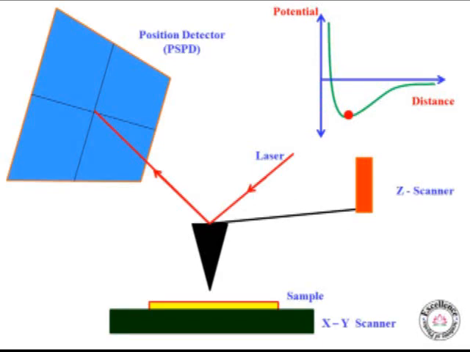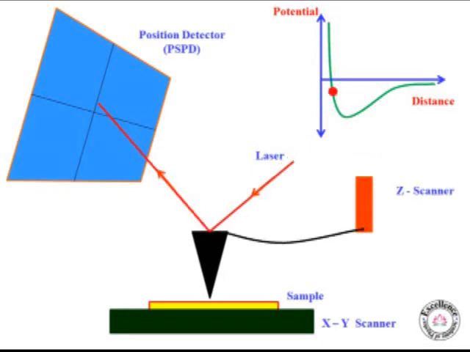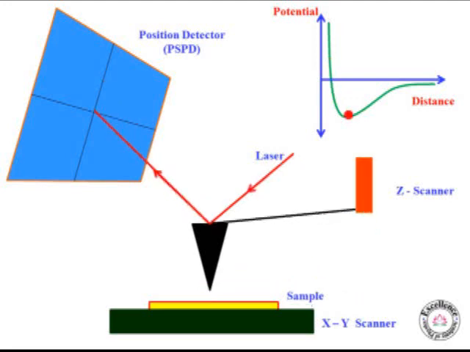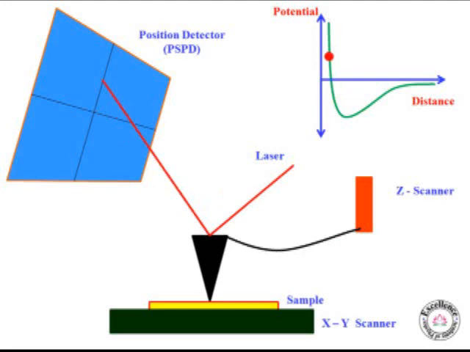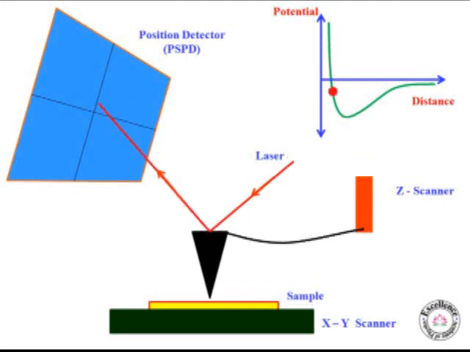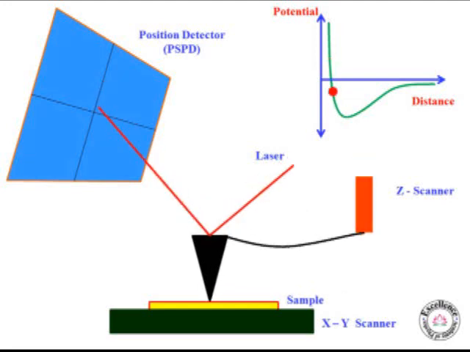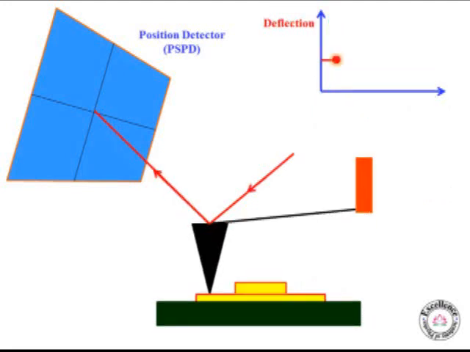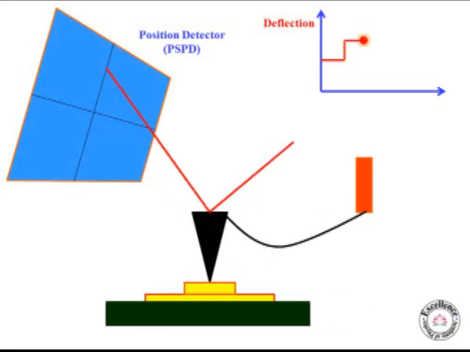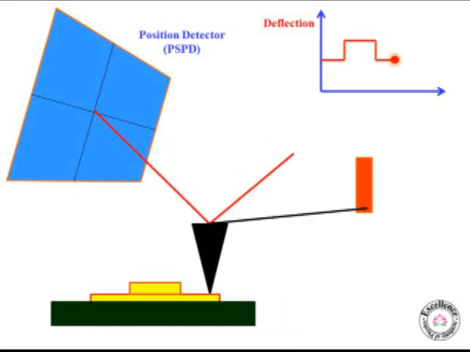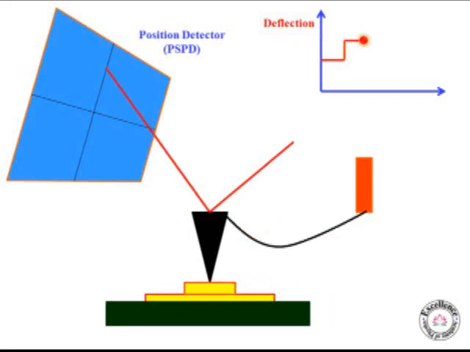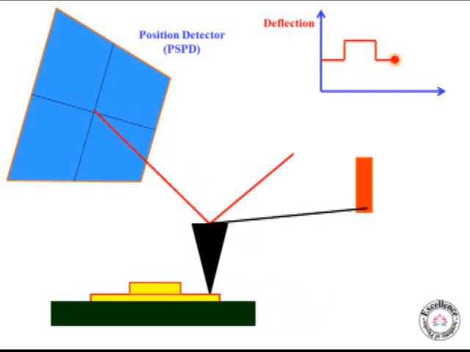Now, a laser beam is used to detect cantilever deflections towards or away from the surface by reflecting an incident beam off the flat top of the cantilever. Any cantilever deflection will cause slight changes in the direction of the reflected beam. A position sensitive photodiode (PSPD) can be used to track these changes. Thus, if an AFM tip passes over a raised surface feature, the resulting cantilever deflection is recorded by the PSPD.